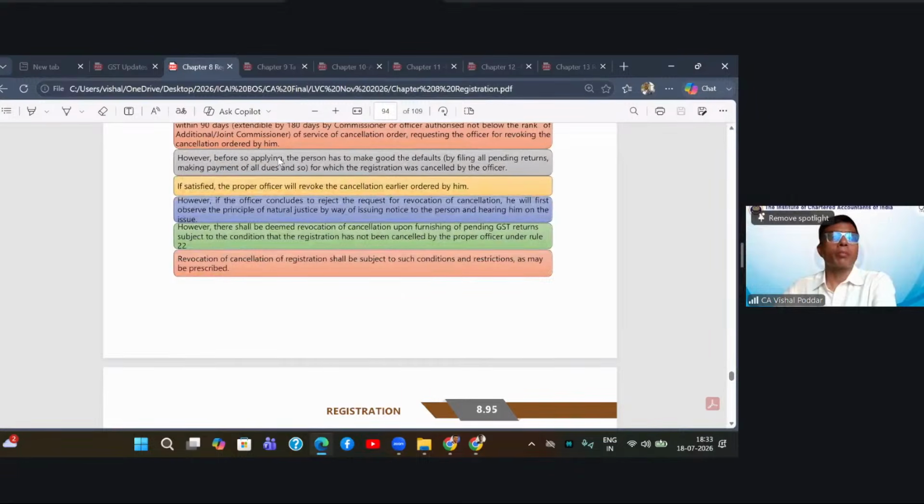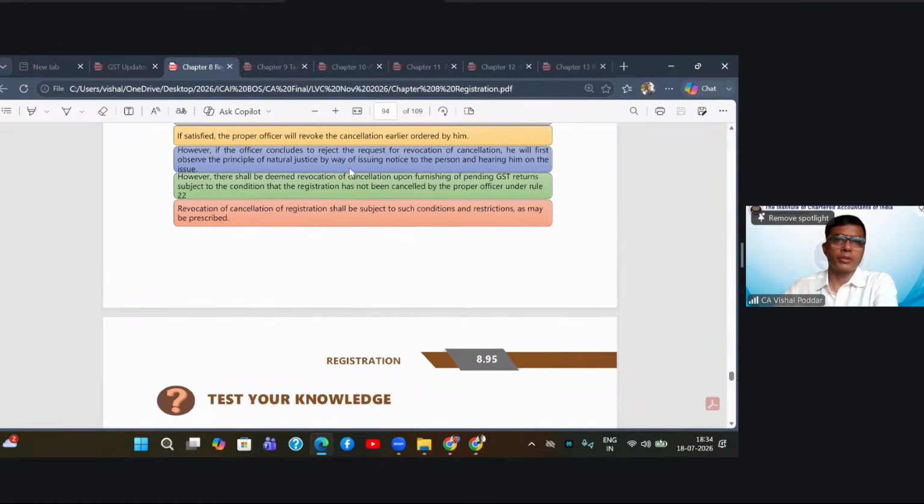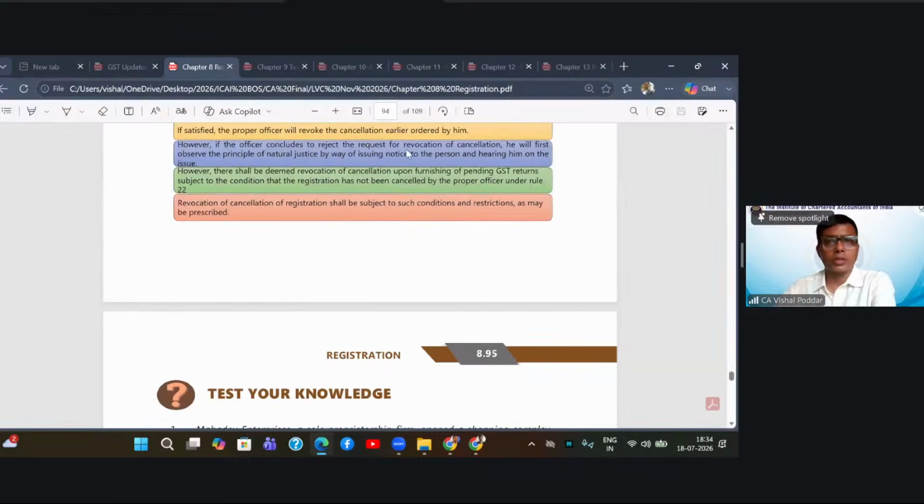Now, before applying, you will have to make good whatever were the defects or defaults, like if you have not filed the returns, file the return, etc., and then make this application. If the officer is satisfied that your registration should be continued, the officer will revoke the cancellation and the registration will be restored. However, if the officer concludes that this revocation is not valid, he will first follow the principle of natural justice, give you a notice and allow you a hearing,